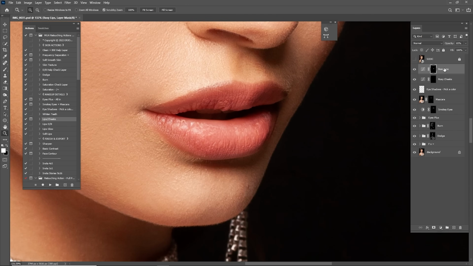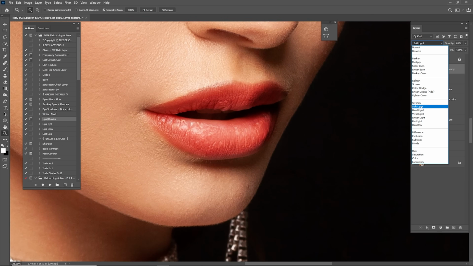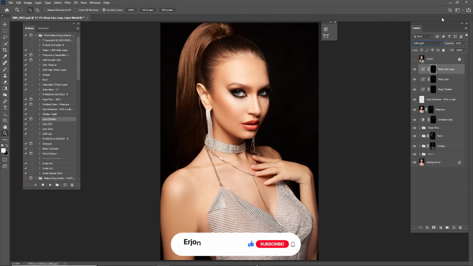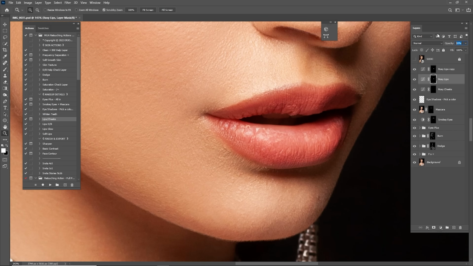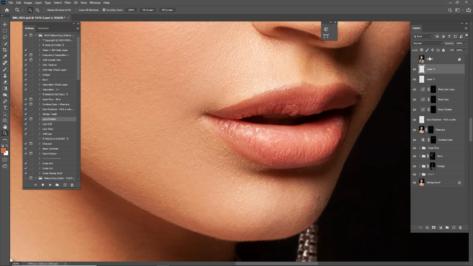Now zoom out and check a before and after. Now duplicate this rosy lips by drag and drop here and go from blending mode normal, go to soft light, and here you can see the changes of what you can do in the soft light. And I will reduce this by 22% and this one into 25. Now go here on top and two different empty layers,